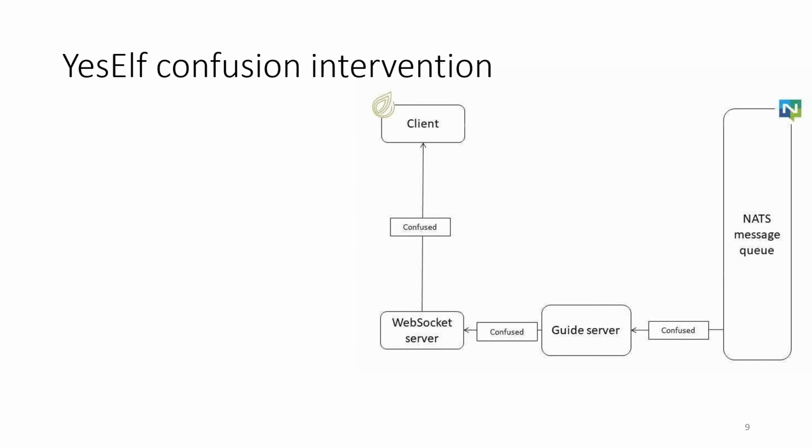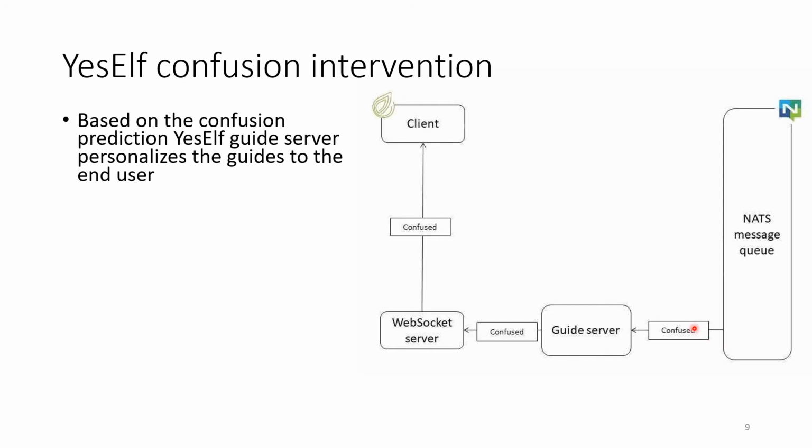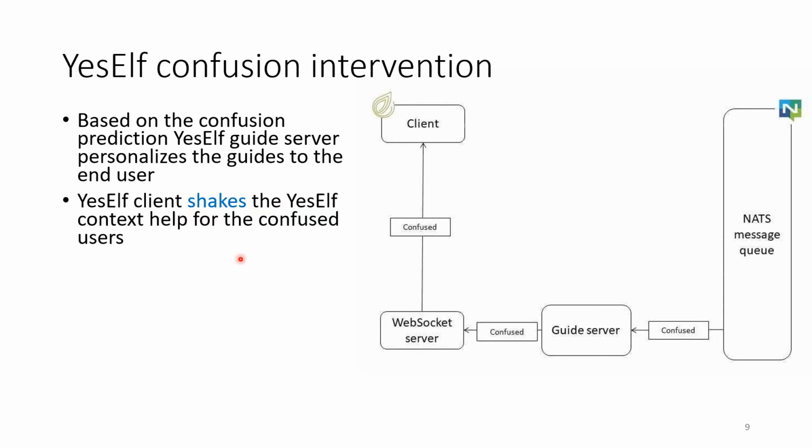If a confusion event is fired, it starts or initiates ESL confusion intervention. So the guide server receives the confused event, and it propagates it using a WebSocket server to the client, which then reacts by shaking the ESL context help for the confused users, or alternatively it can pop up a question asking